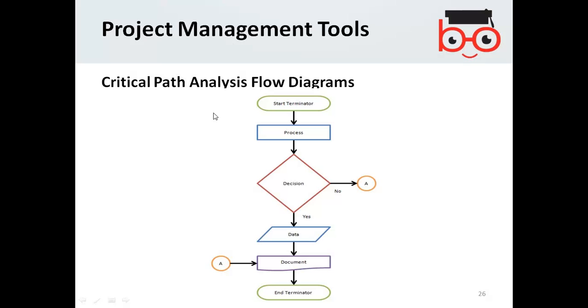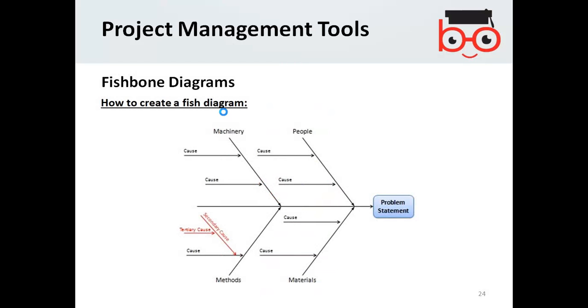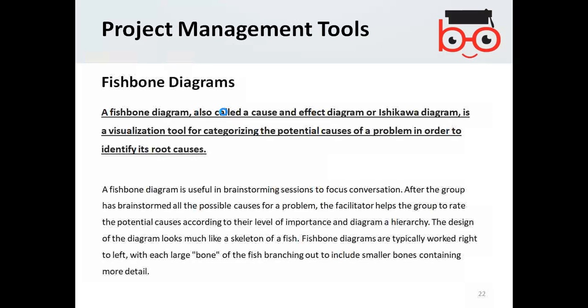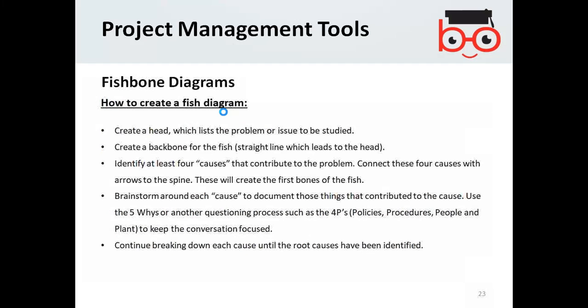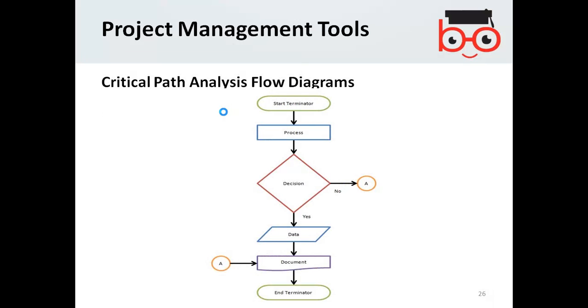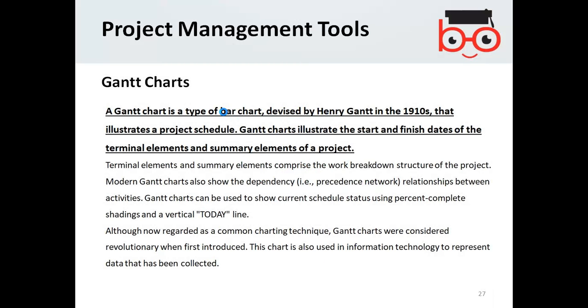So you need to follow the critical path analysis diagrams, the fishbone diagrams, and brainstorming in order to use project management tools in project development. Gantt charts. A Gantt chart is a type of bar chart devised by Henry Gantt in 1910 that illustrates a project schedule.